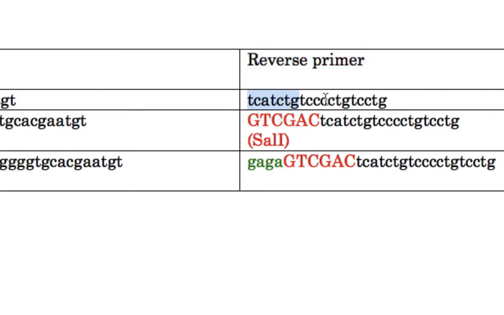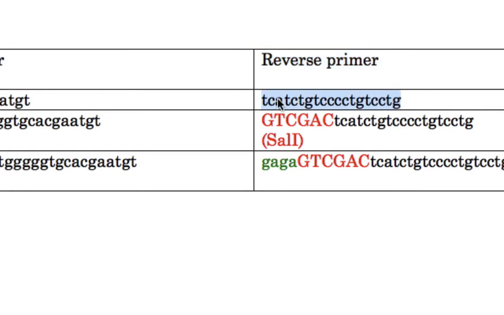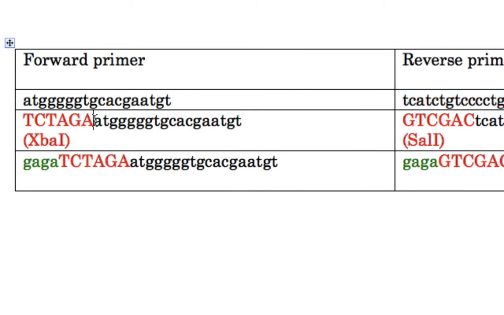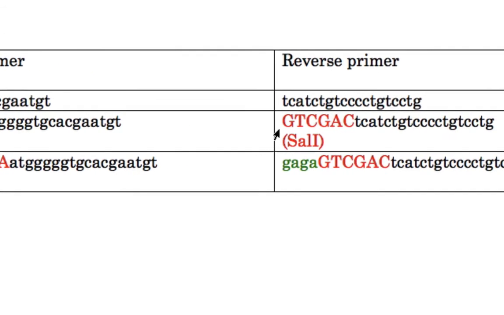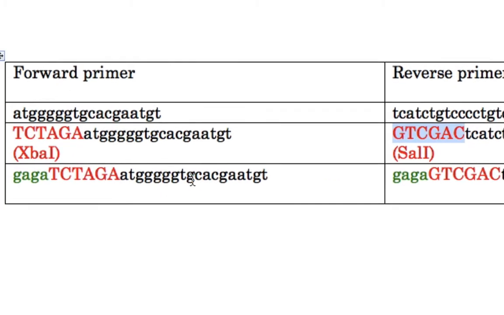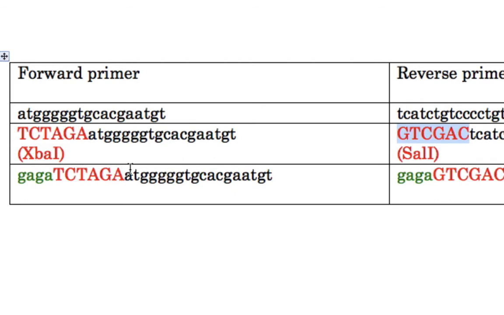I designed it using the Primer3Plus program and for cloning purposes, right? So once I design the primer sequence, then I add TCTAGA, which is the XbaI recognition sequence, to the forward primer, and GTCGAC to the reverse primer, which is the recognition sequence of SalI. And so that the restriction enzyme doesn't fall off while cleaving the recognition site, I'll add 4 more nucleotides, GAGA, which will simply stabilize the RE. Again, I'll do the same for the reverse primer.